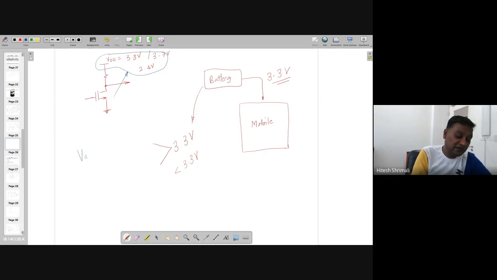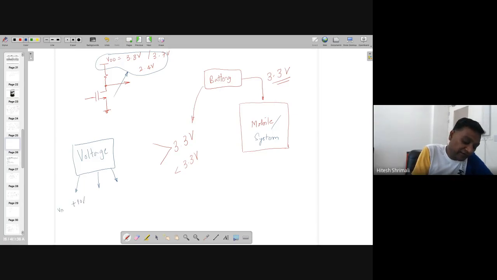But still we need to make sure that my mobile or maybe my system, not only mobile, any system should work for any value of voltage in the given range. Generally, as per the technology, we don't make the battery that way. We are using something else known as a band gap reference, which has VDD plus 10% and VDD minus 10% of variation. And here it's the typical VDD.